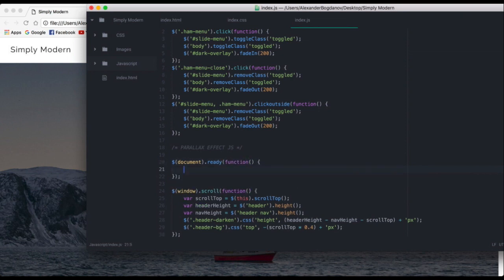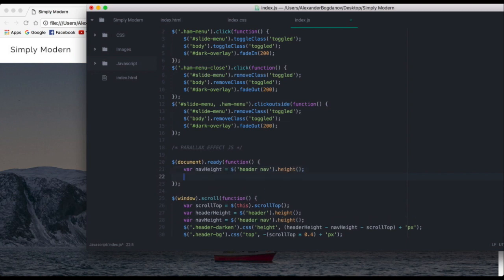and we are gonna copy this variable. Oh my god, hold on a second. I'm really sorry about that. Yeah, so we're gonna copy this. We're gonna paste it in here, or we can make it global by putting it outside, but it doesn't really matter. And what we're gonna do is we're gonna target header darken, CSS height,